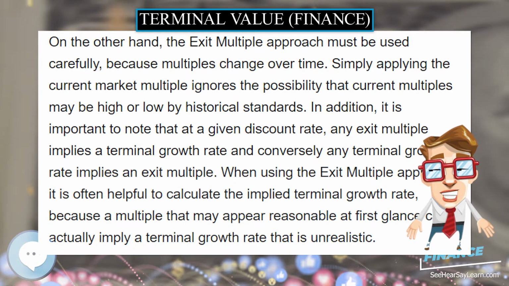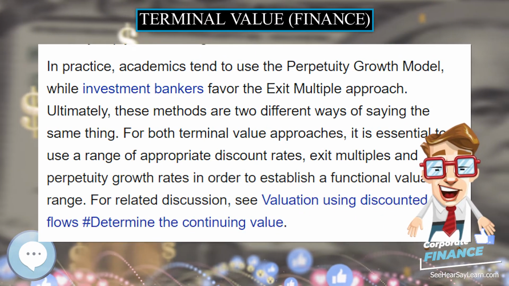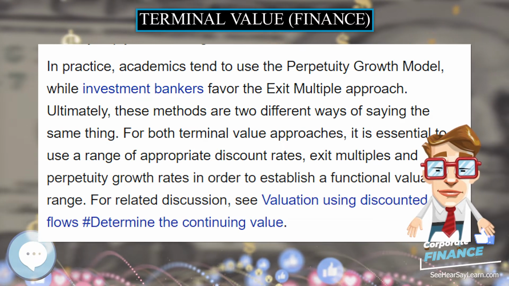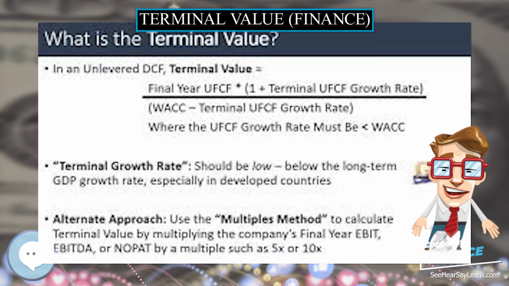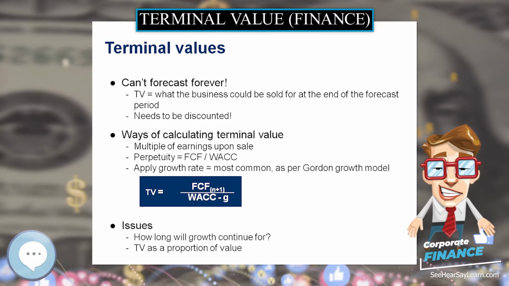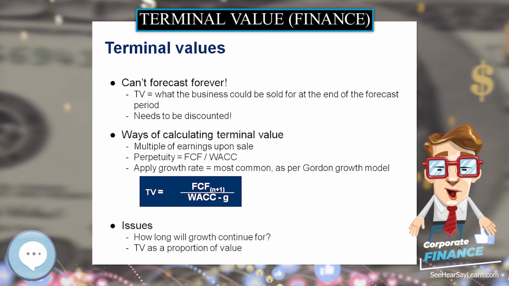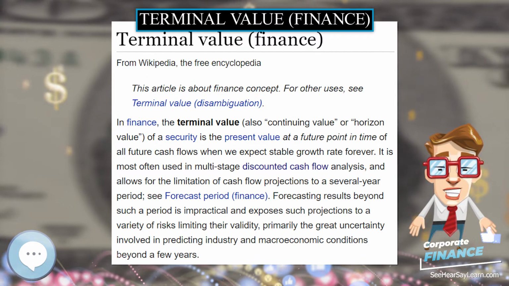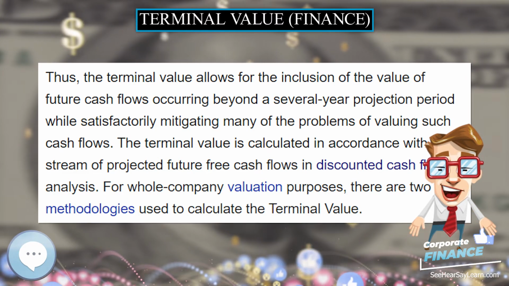To determine the present value of the terminal value, one must discount its value at T0 by a factor equal to the number of years included in the initial projection period. If n is the fifth and final year in this period, then the terminal value is divided by 1 plus K5, or WACC. The present value of the terminal value is then added to the PV of the free cash flows in the projection period to arrive at an implied enterprise value.